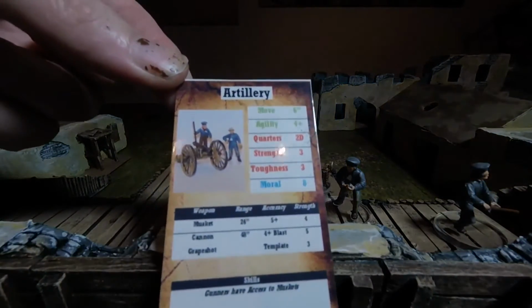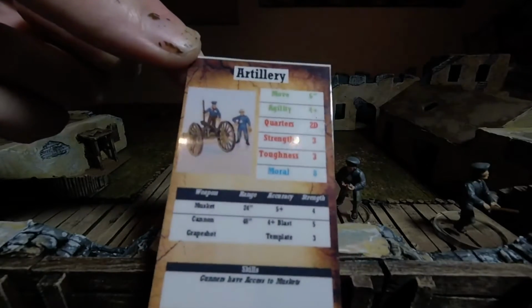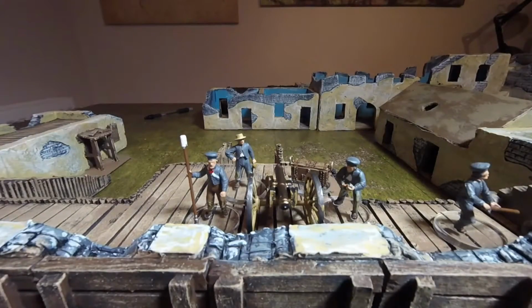For those vaguely interested, we made some cards for these guys. We're just using a sort of version of Bolt Action with a little bit of Judge Dredd rules thrown in, because we're going to be playing it. We're going to be playing 2 versions of the game. One version will be a big pitched battle, which you can't really use skirmish rules for. So we'll be using Black Powder for that. But for small scale battles, just fighting on one wall or whatever, we're going to be using